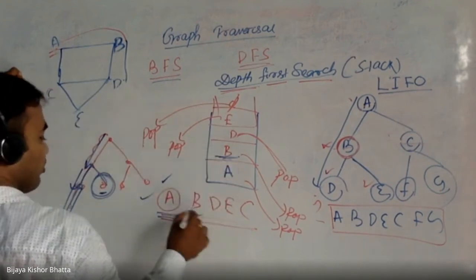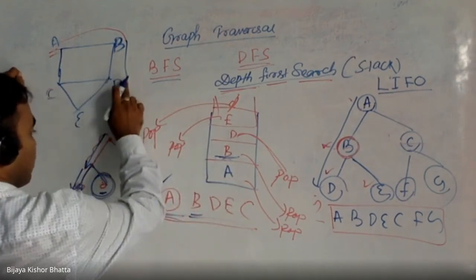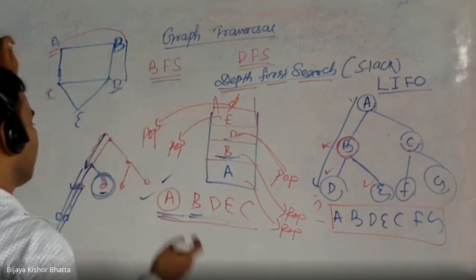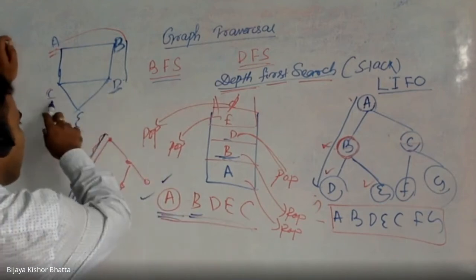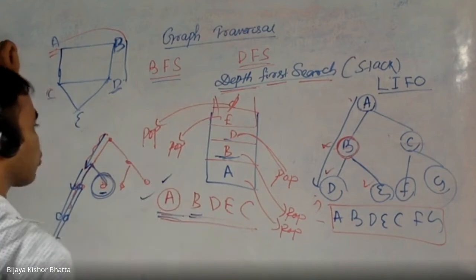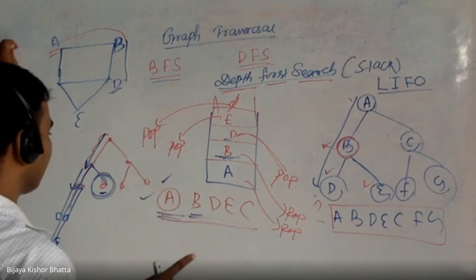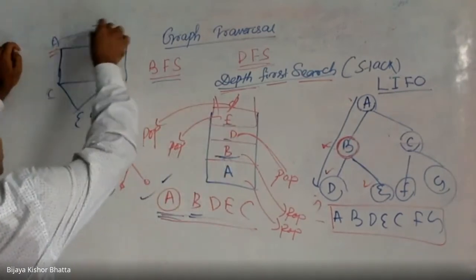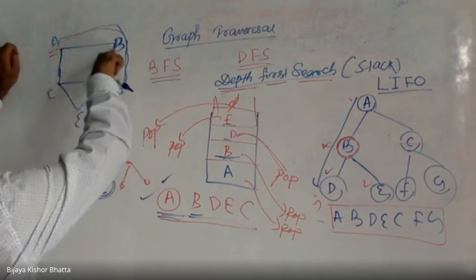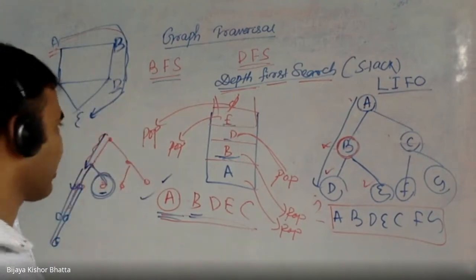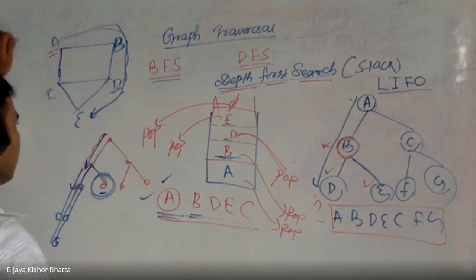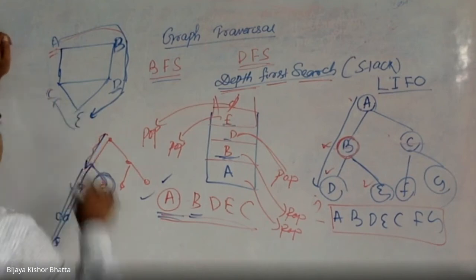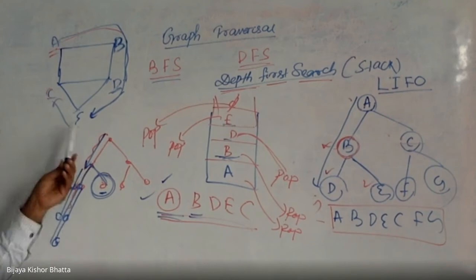So that's why you processed B. And D is processed. From D, where can you go? From D, you can go either to E or you can go to C. The choice is yours, but you need to choose only one path, right? Or one vertex. Suppose I choose E. So I'm going to E now. I'm just following this path. If you see, it is one depth. I'll construct this later. Okay, so now I'll come to E. Once E is over, then I will go for C, right? That is how I will go because I don't have any other option.